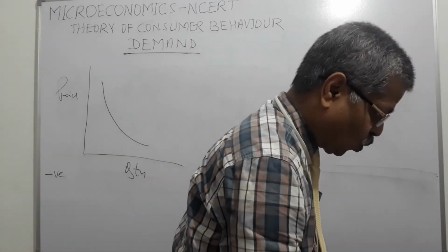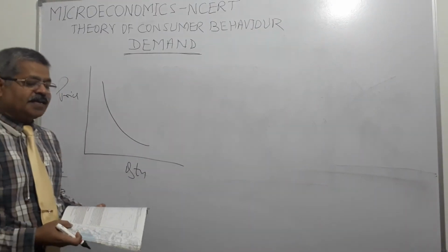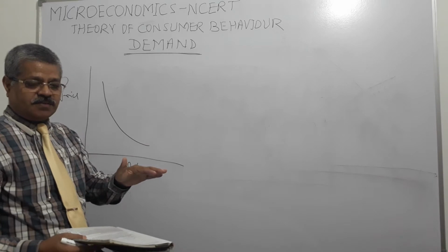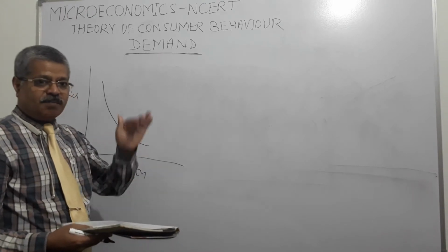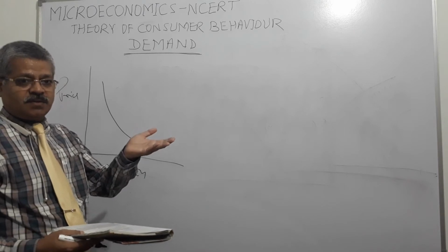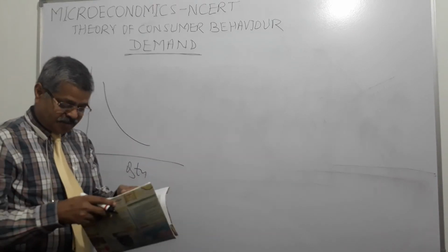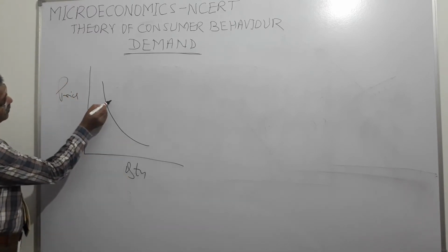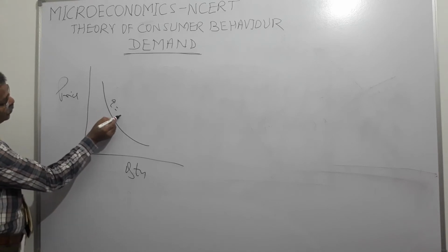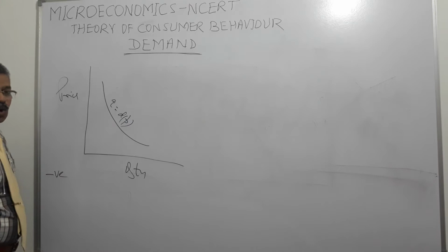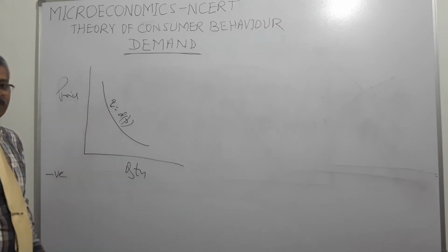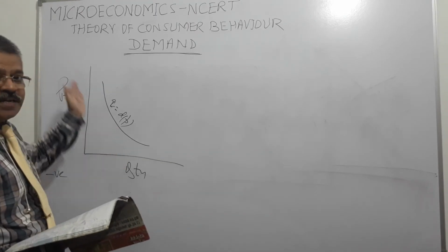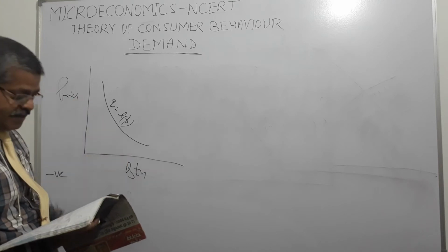So the demand curve shows that at any point in time, the demand for a commodity will go up with a decrease in prices, and demand for a commodity will come down with an increase in prices. So there is a negative relationship between price and quantity demanded. And this curve equation is Q = D(P). Quantity demanded is a function of the price of the good, right? It's a relation between the quantity of the commodity demanded and the price.